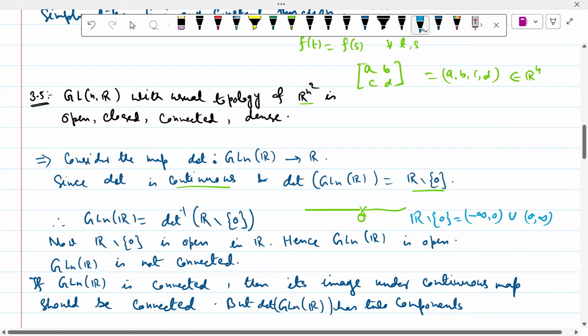Hence, open and determinant is continuous. So what is the definition of a continuous? Inverse image of an open set is open. Continuity definition. What is the definition of continuity? So inverse image